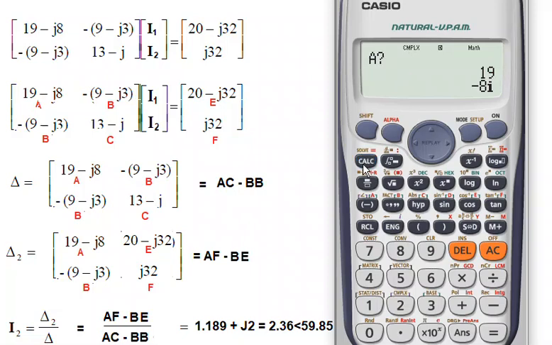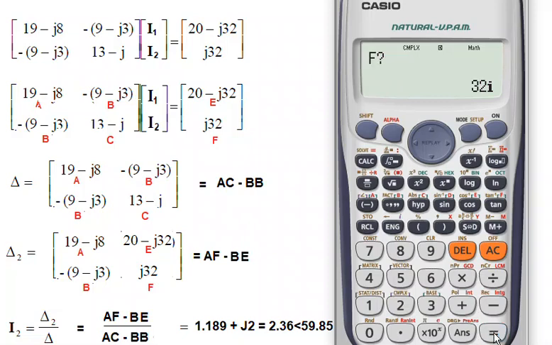Okay, so when we have pressed this, now it is asking what is the value of A. Ignore this one, since I had used this calculator and this is stored in the memory. We just answer this question: A is how much? From here we know A is 19 minus J8. So we input 19 minus 8J, or 8I actually here. For I we use this engineering button. So I press this, 8I. So 19 minus 8I we have inputted, and we just press the equal sign.